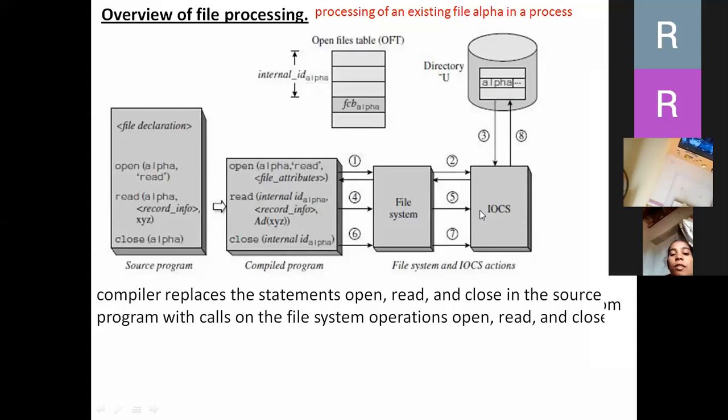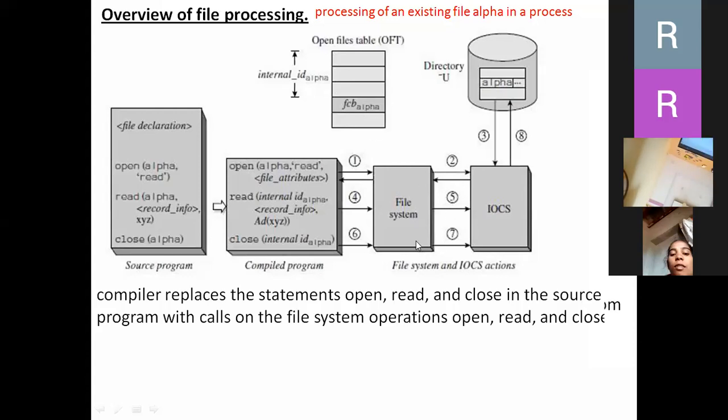So the next step is, information about the location of the file alpha is available in the FCB alpha. Why? Because the file control block contains all information related to the file processing activities. Hence, the information about the location of this file alpha is available in the FCB alpha.